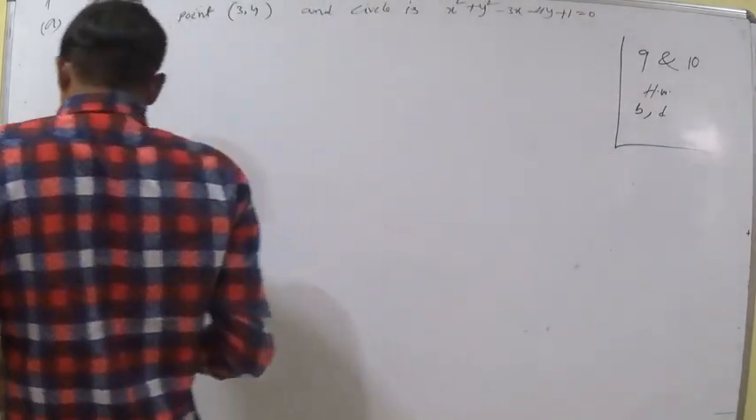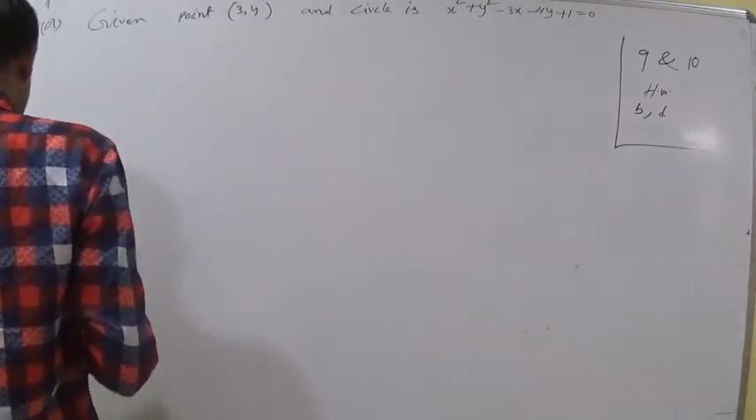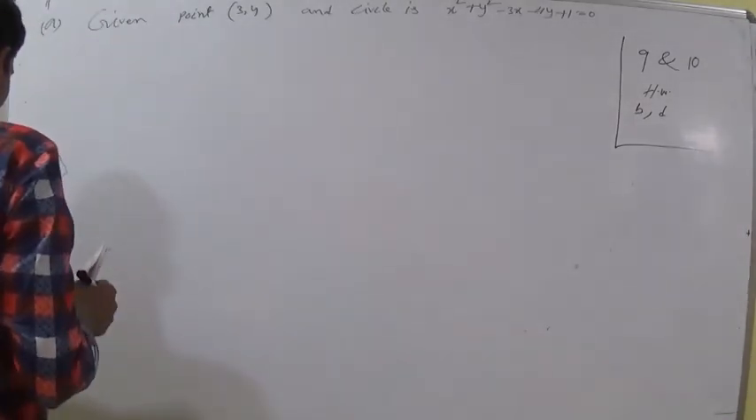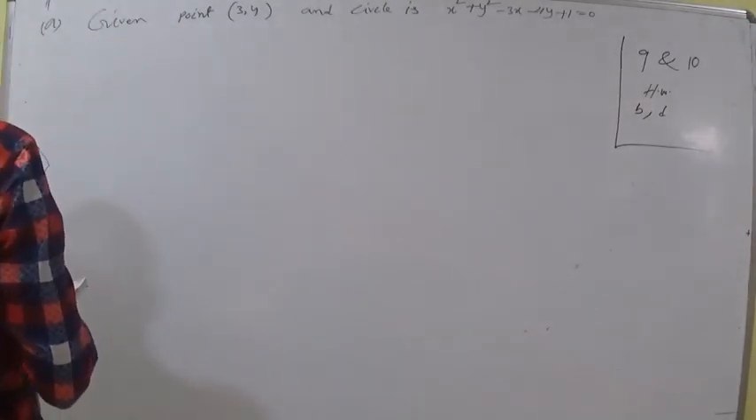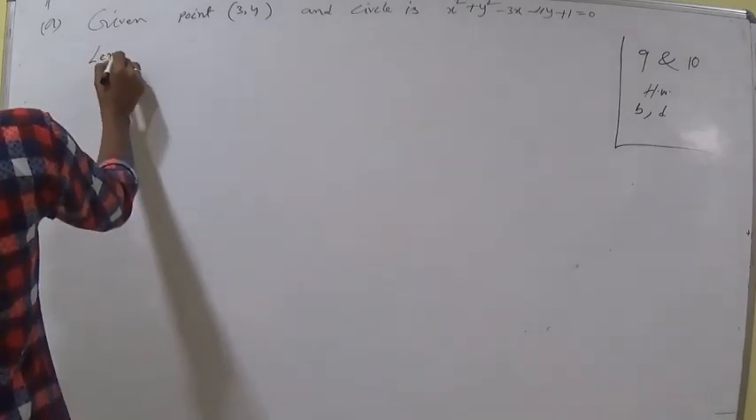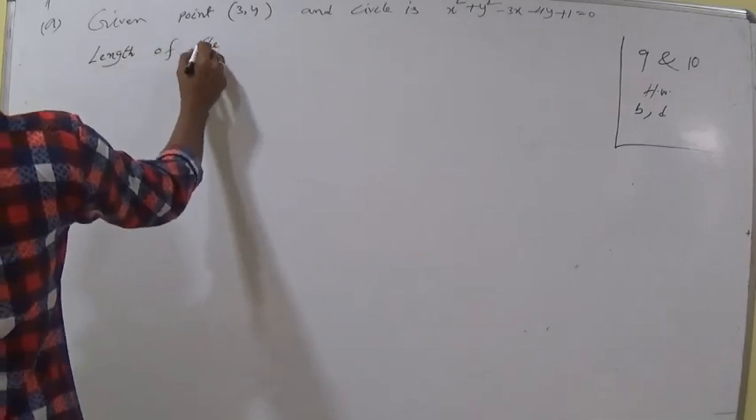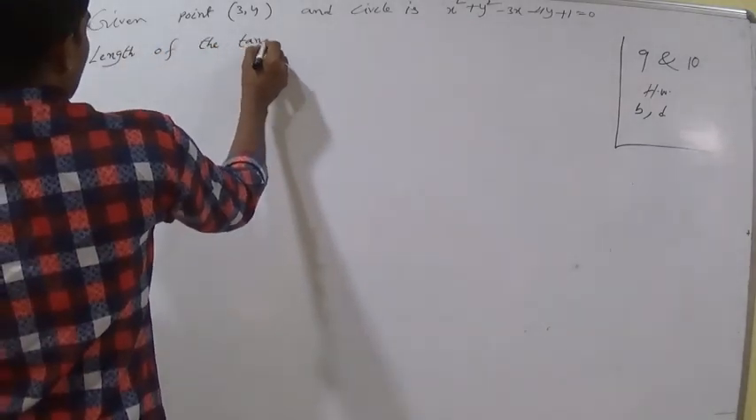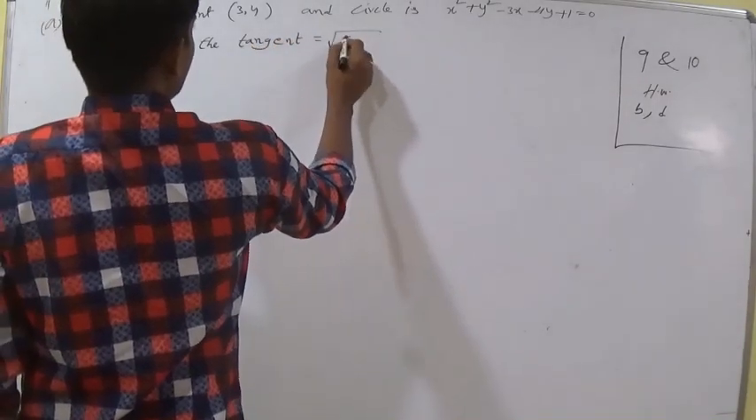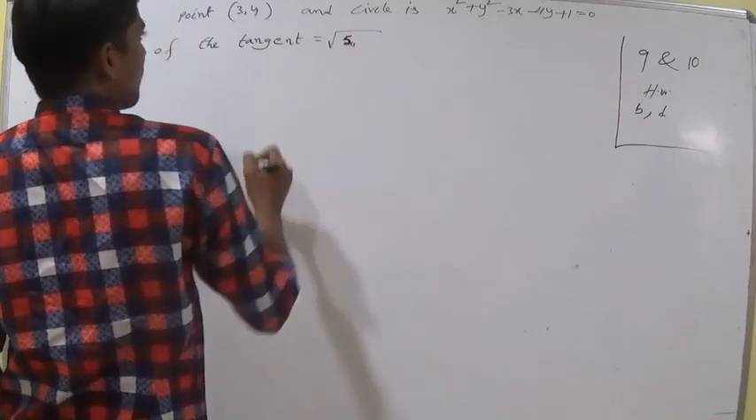For this, the length of the tangent is the square root of S11. So the length of the tangent is equal to root of S11, which is equal to,